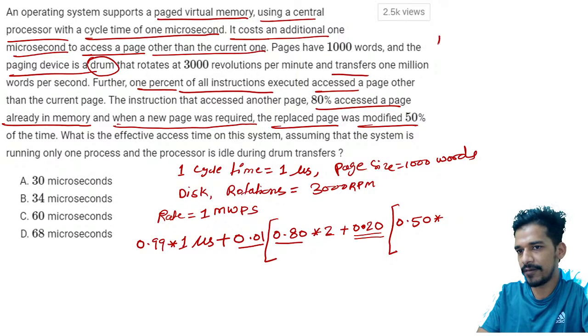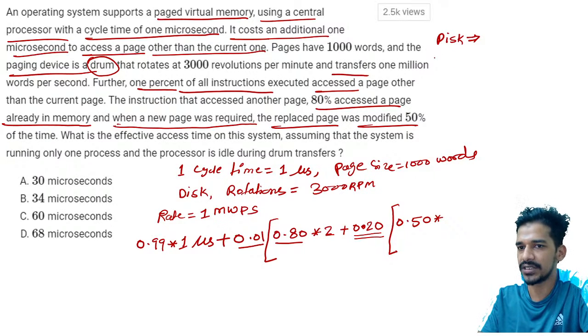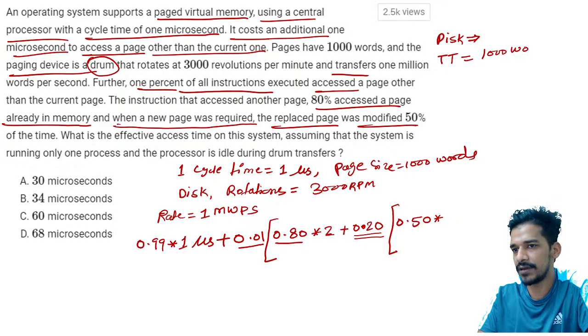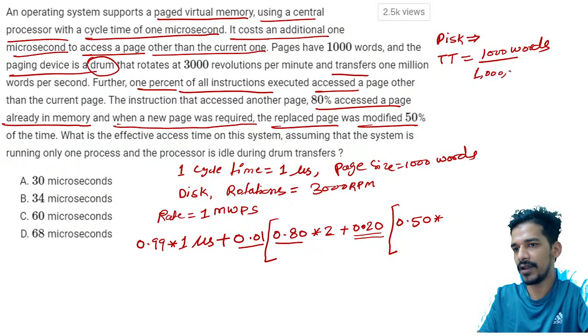To transfer one page from disk to main memory or main memory to disk, how much time will it require? What is the transfer time to transfer a page from main memory to disk? One page size is 1000 words, and the disk transfer rate is 1 million words per second. So transfer time is nothing but